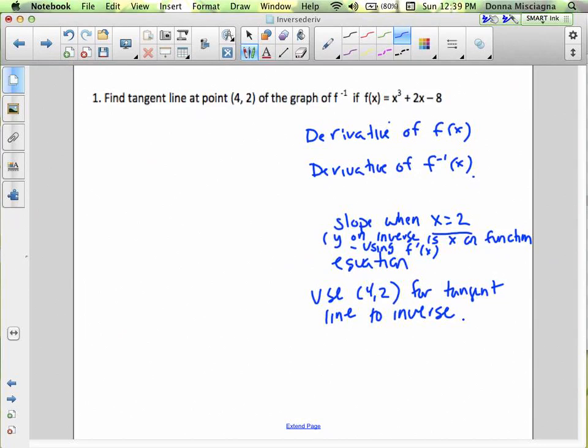Actually let me write in a different color so it doesn't blend into my steps. If my steps aren't clear, I'm going to erase them and rewrite them nicer. So f of x equals x cubed plus 2x minus 8. The derivative of that is 3x squared plus 2. The derivative of the inverse, right, is going to be 1